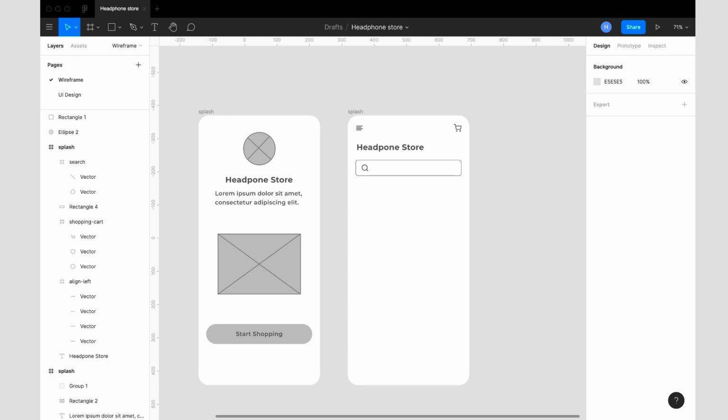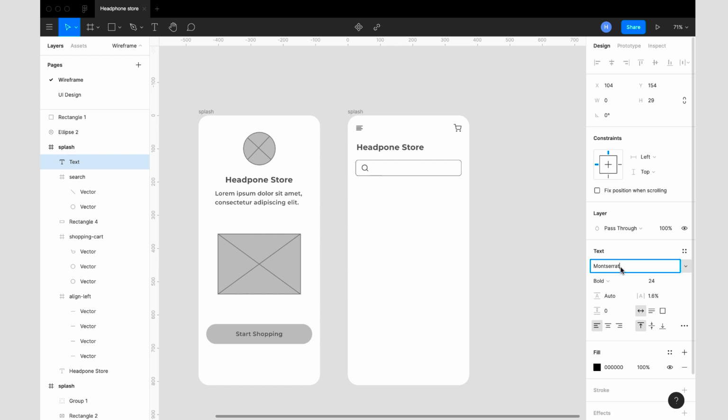So the next thing I want to do is the placeholder, which I mentioned earlier. So for me to add a placeholder, I need a text, and the text property should be Poppins. So the font I'm using for my text here should be Poppins, and I'm using 16 this time around, and I'm making this regular. So what should be the content? Maybe you want to search for headphones. So let's say search